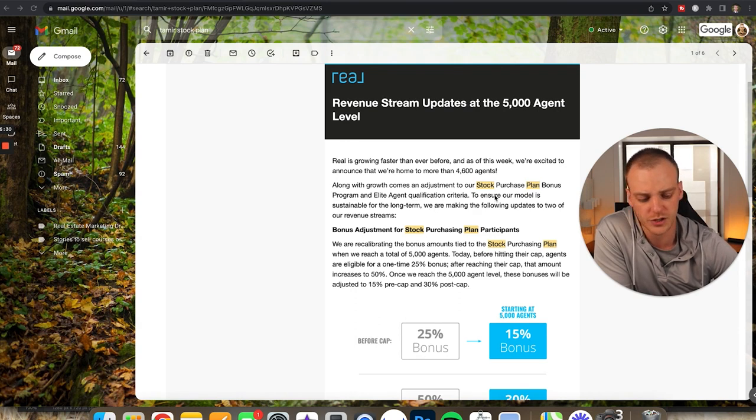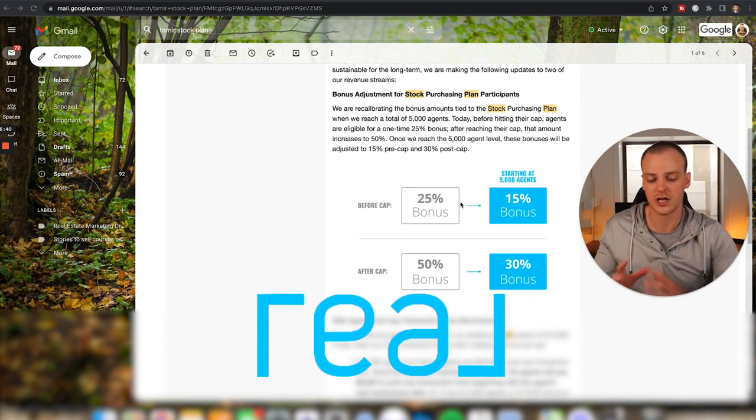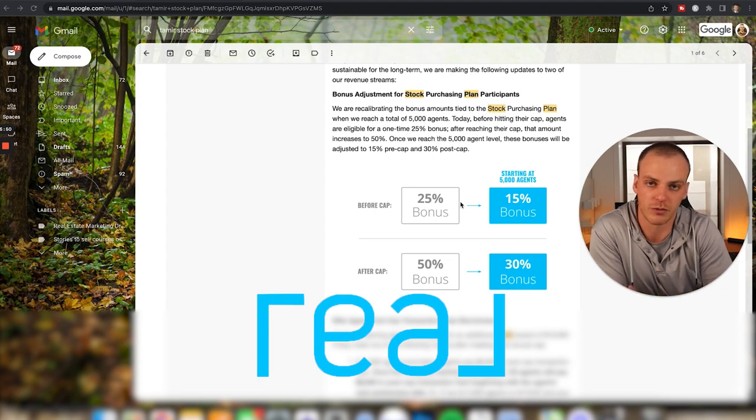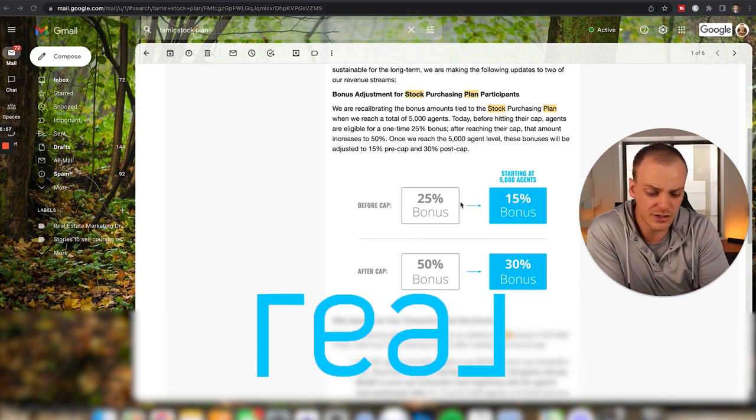This is done to ensure our model is sustainable for the long term, and we are making the following updates to 2 of our revenue streams. So the bonus that we just talked about on the cap is going to go from 25% before capping to 15%, and then after you cap it, it's going from 50% to 30%. So this is kind of a bummer because if you're joining after we reach 5,000 agents, the bonus is not going to be as good,